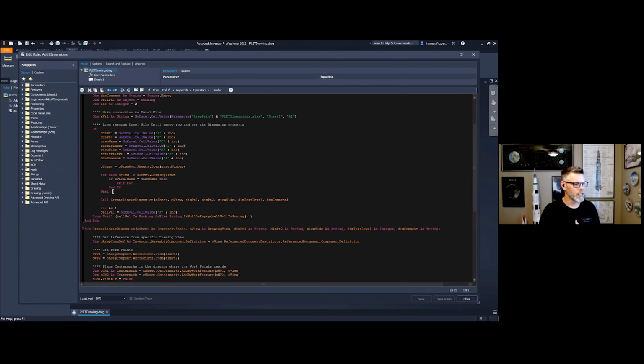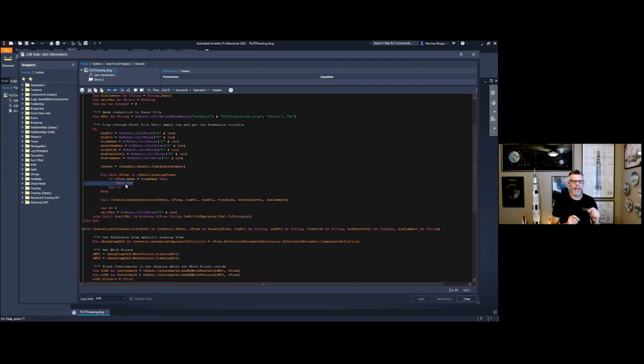Another loop is what we call a for each loop. So in the case of what I've highlighted here, so for each view that exists within all the views in my drawing, look for a very specific name, a view with a very specific name rather. And then once you get that name, once you find that view, then we're going to stop looping, okay? We're going to terminate that loop.